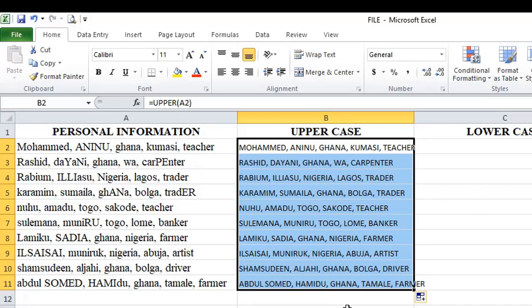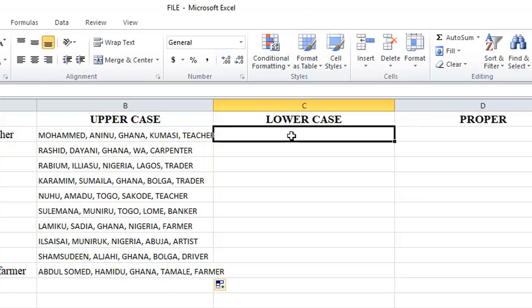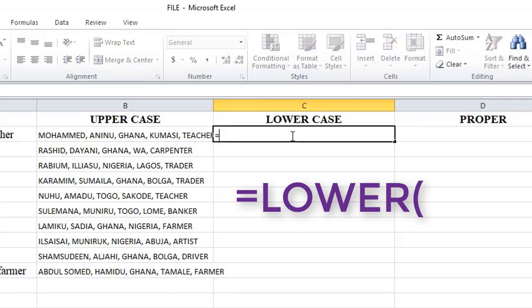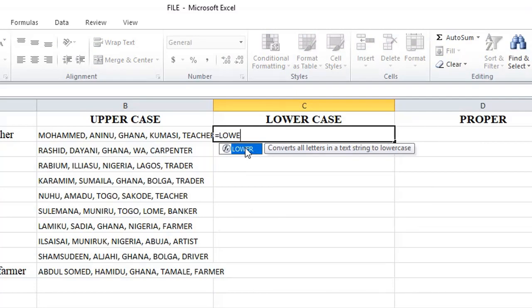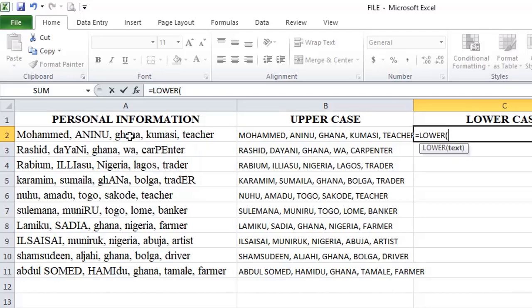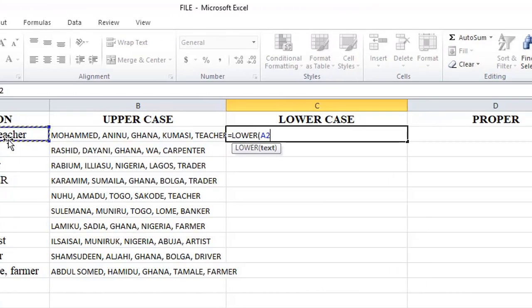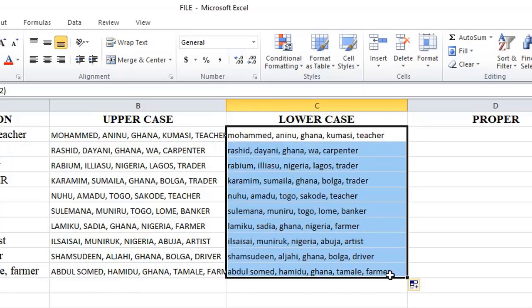Now let's look at the lowercase. Now you activate the first cell in the lowercase and then you call the function lowercase. That is, you press equal to and then type lowercase. So lower has come, we select lower. Then you select the information you want to convert into lowercase. Now in this case, we start with this first cell. We click on this and then press enter. Now after clicking on this and pressing enter, you come and then fill this and it automatically converts everything into